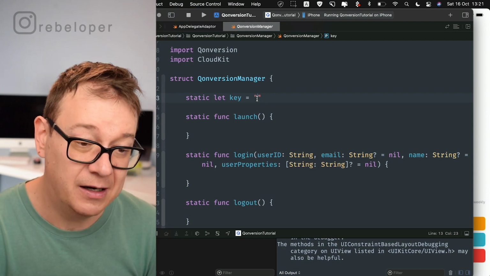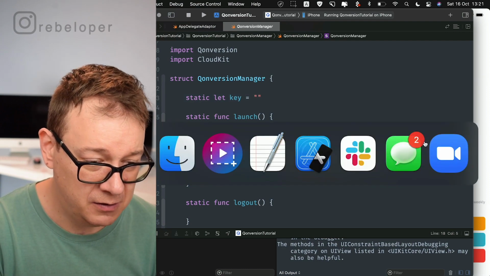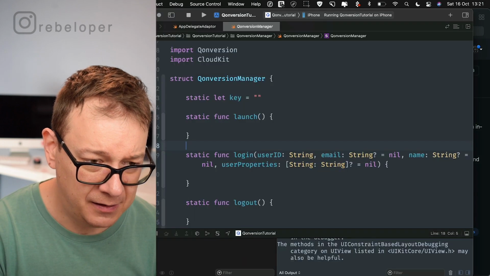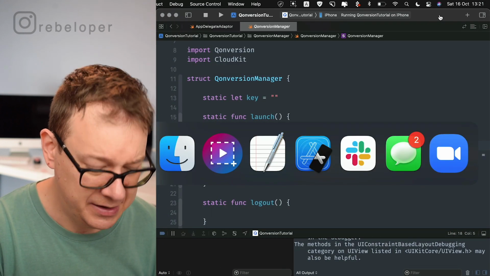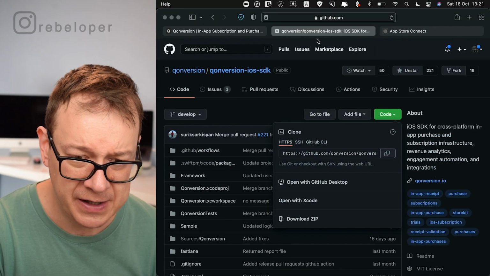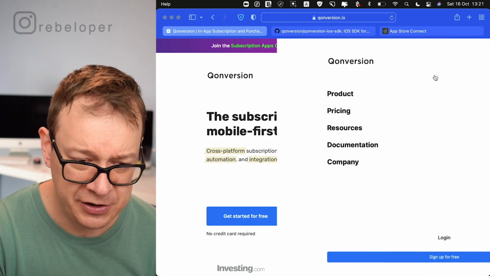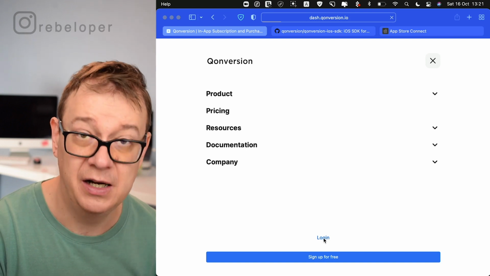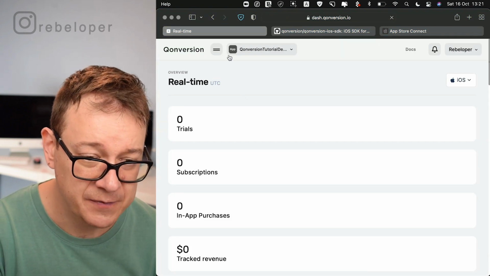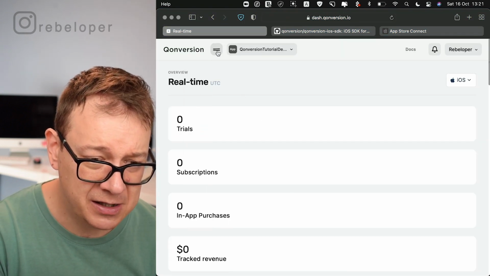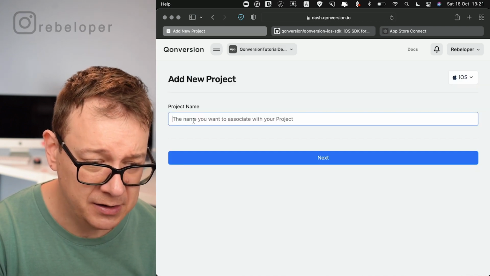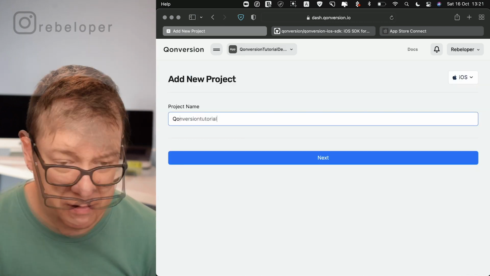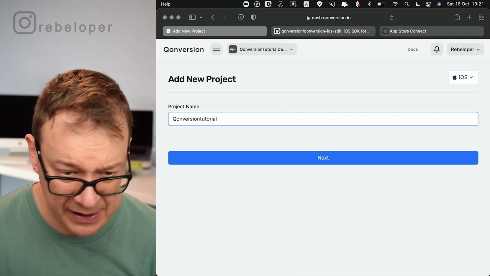Where is that key? Well, we want to go back to our Safari. Let me just move this back because it just moved a little bit. Let's go back to Safari, and let's log in or sign up if you haven't already done so. And right over here, let's create a brand new app. So let's create a new project, and the project name will be Conversion Tutorial with